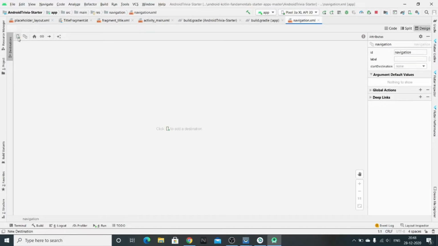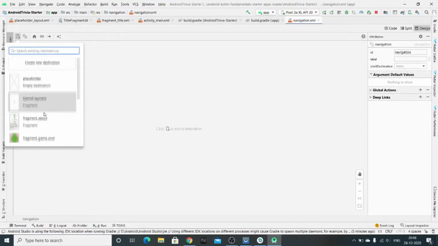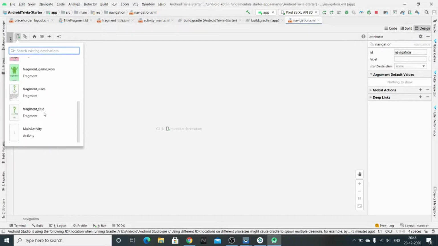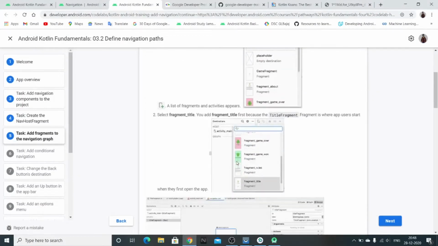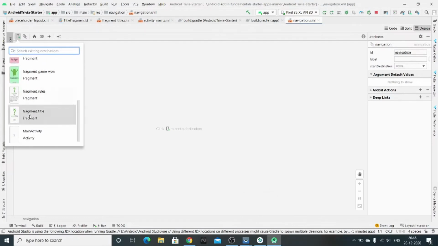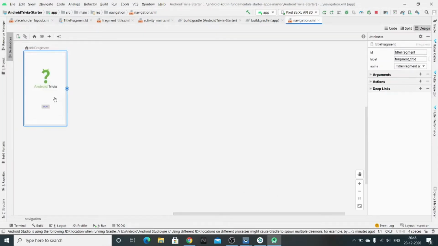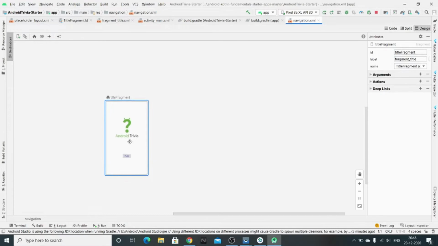Just click on this. Okay, now this will contain all the fragments or the activities that our project has. So what are all the fragments that we need to select? First one is the title fragment. Let's select this. So here you can see in our graph we have this title fragment.